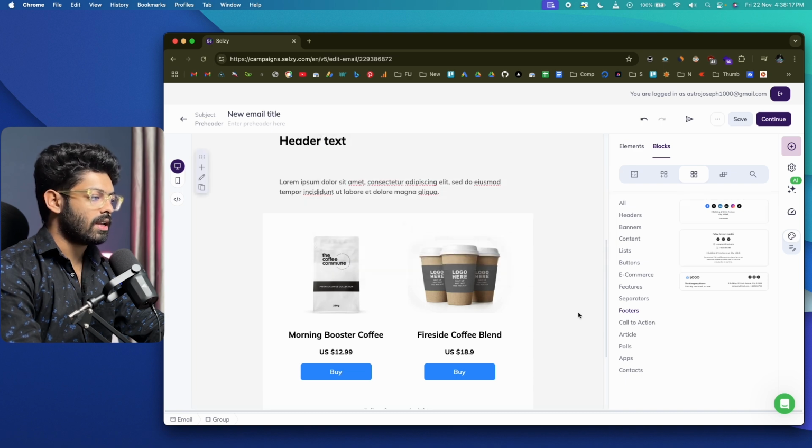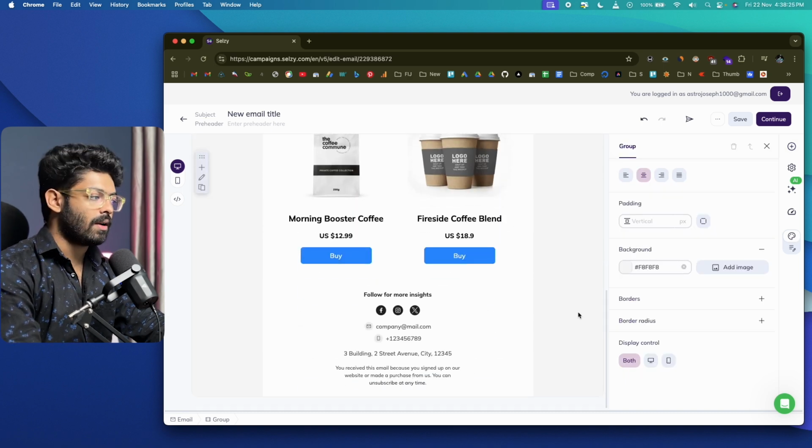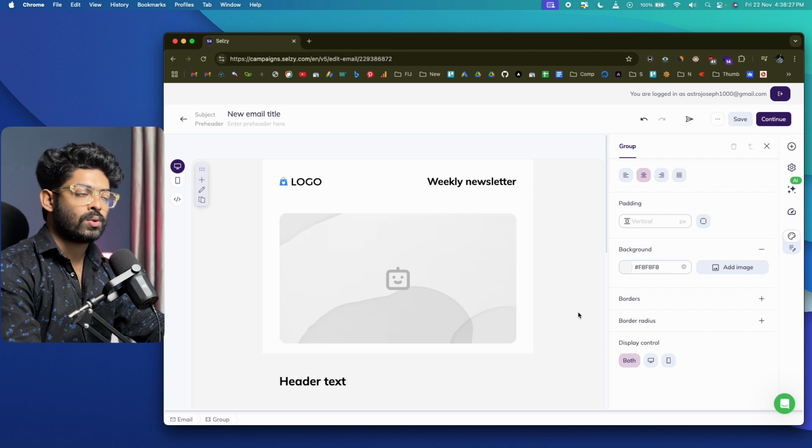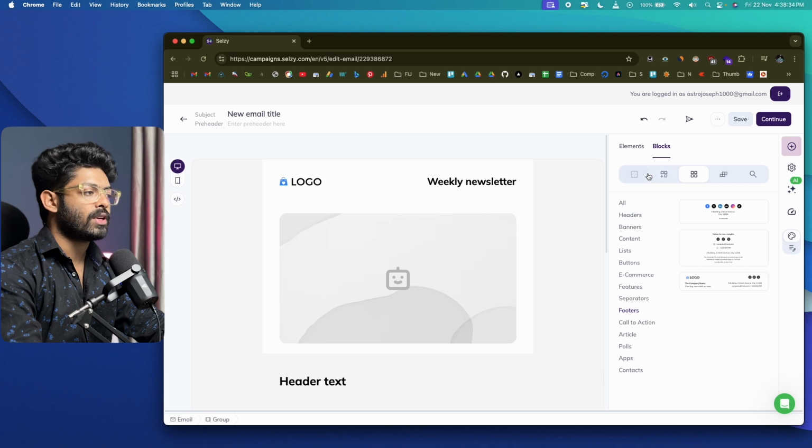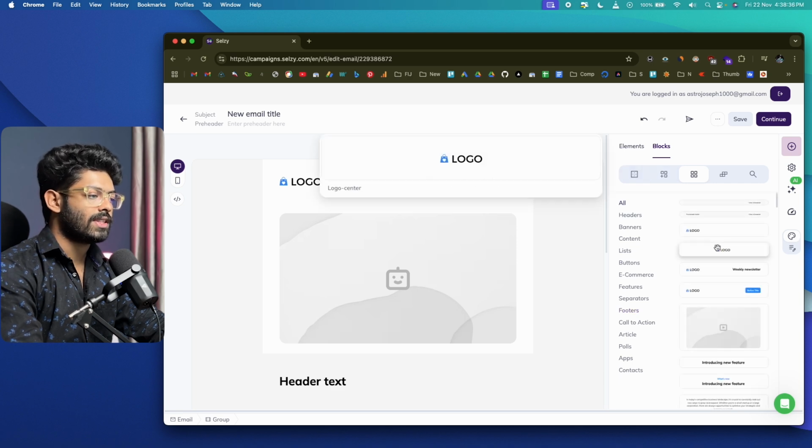So let's put this one. And now the structure of my email is completely done. And all I got to do next is to sort of add content and customize it. And before I start customizing the template, let me quickly go over other elements that are available within the Selzy's